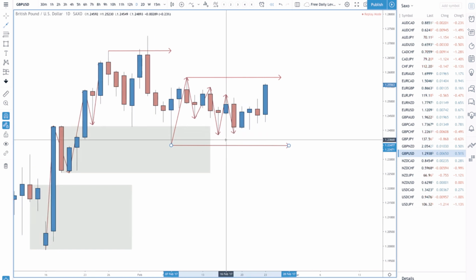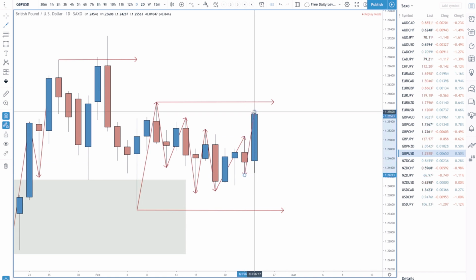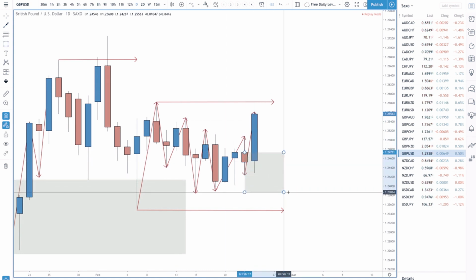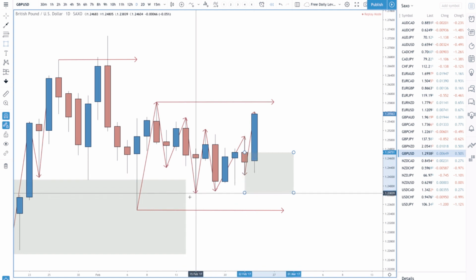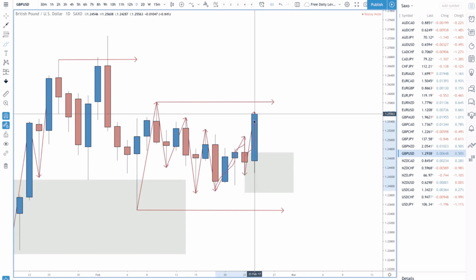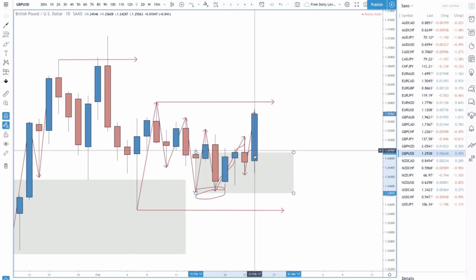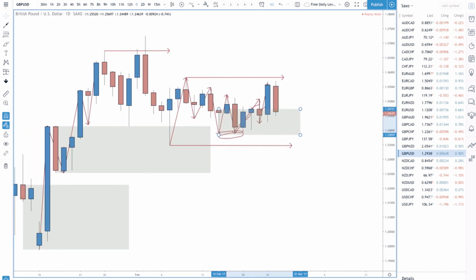So we get a bit of a move here where we have a move up, and the lowest swing is going to be here, and then we get a move up. So then we can start to draw our demand from there to there, to where the lowest swing is, I guess, before prices start to make new highs, which is going to be around here. So you can see where the swing is, there, there, there. So then it's going to be around here. This is where you're drawing where the lowest swing was. Let's continue going forward,